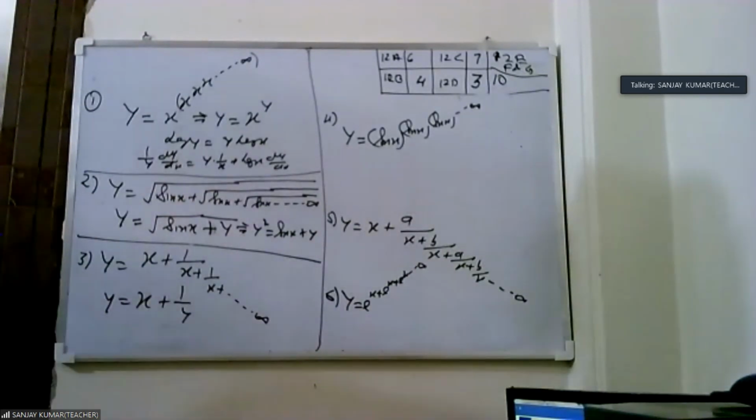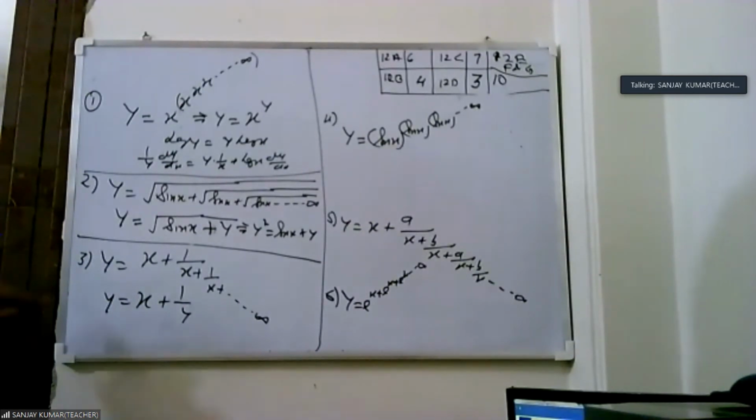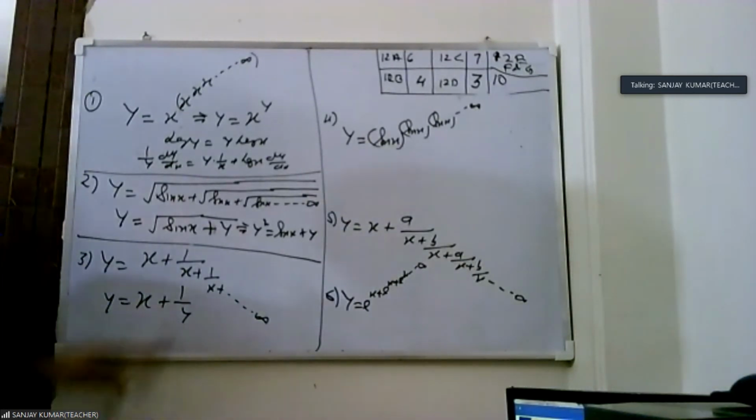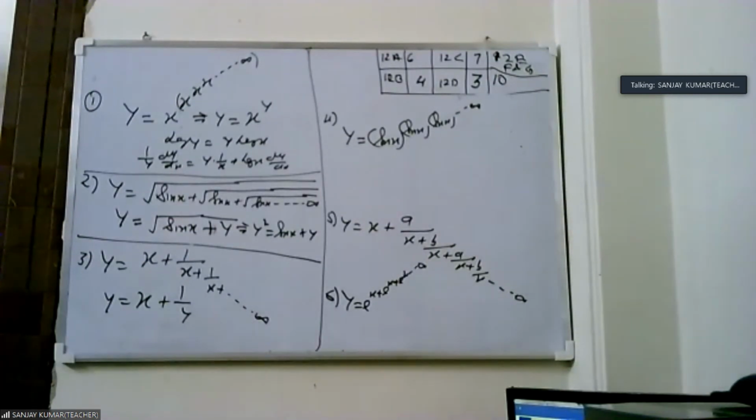The differentiation is very simple. You can do it very easily. There is no problem in differentiation. dy by dx: the derivative of x is 1, then 1 upon y gives minus 1 by y square dy by dx. That is very easy. The main task here is to find where we get the question again. Yes, Priyanshu Gupta has given the answer. Look, this is y equals x plus y.